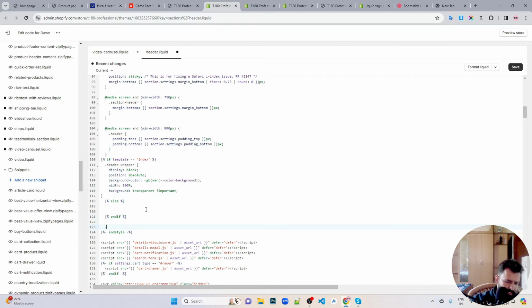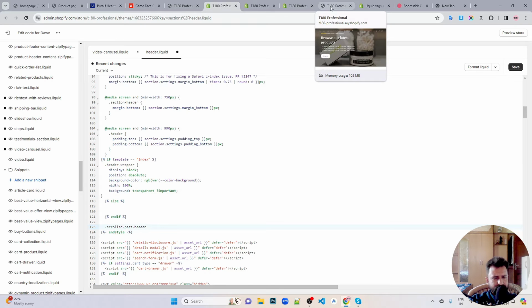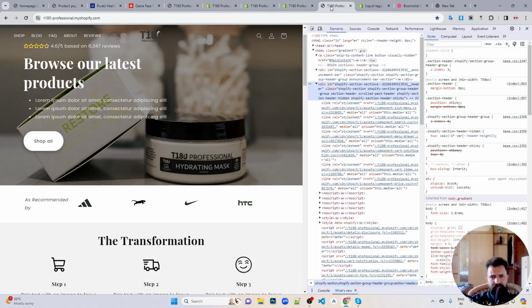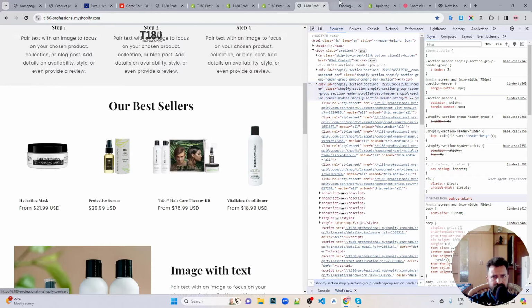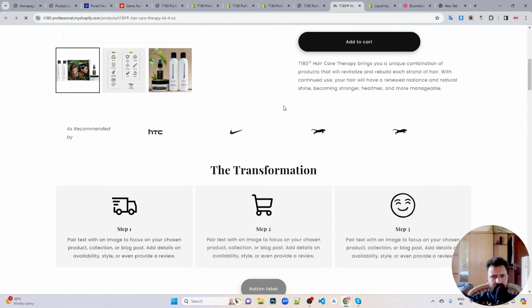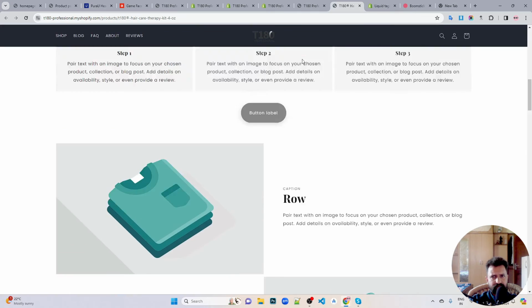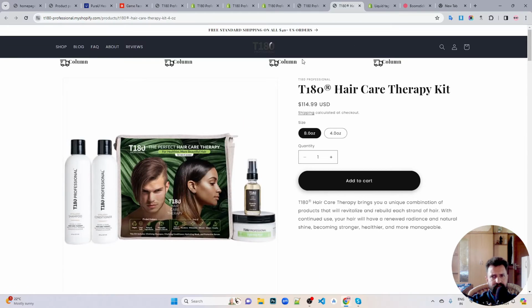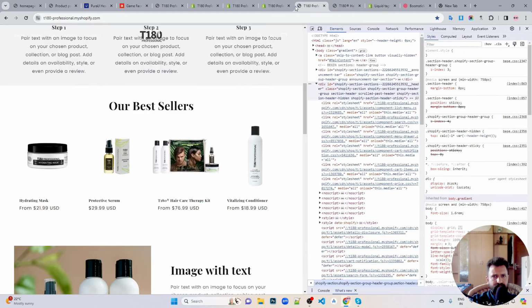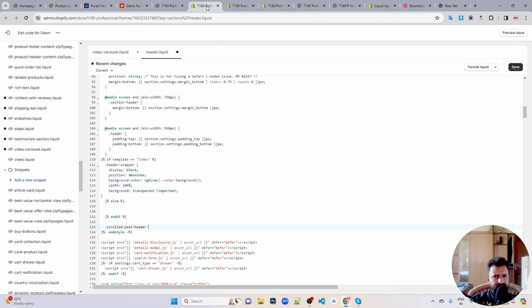It should be that if scrolled past header, then what we should have is, and that only works in the home page, I guess. If we scroll on a product page, we don't have that. Okay, scroll past header. So if we have this scroll past header, then we will have